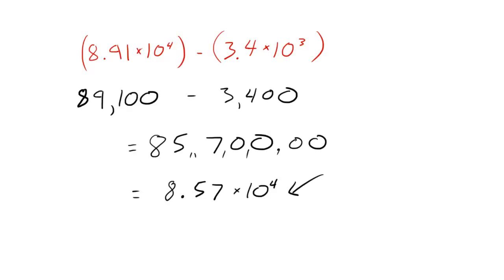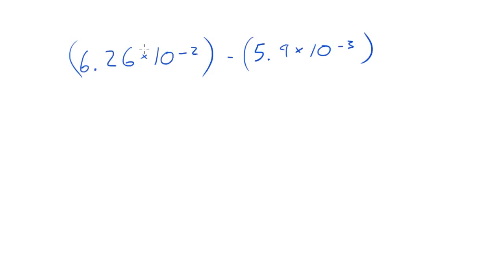So now let's go ahead and move on to an example where we see a negative exponent number subtracted from a negative exponent number. So the very first thing we need to do, of course, is convert this to standard notation, and 6.26 times 10 to the negative 2 is point